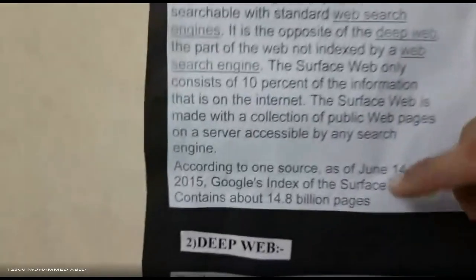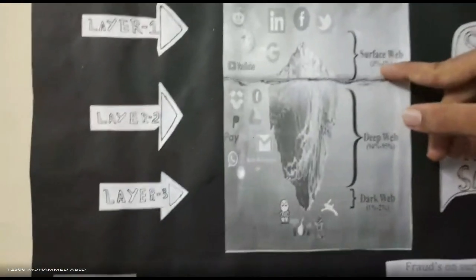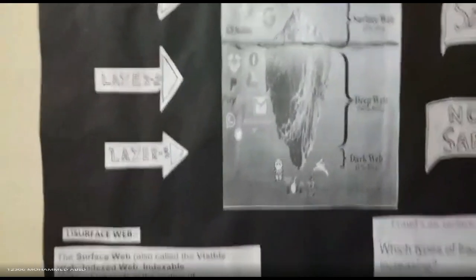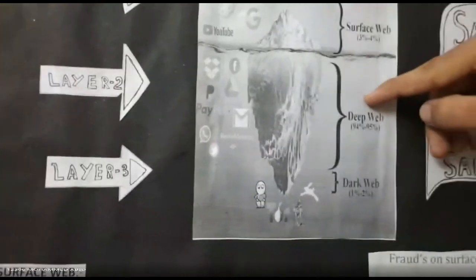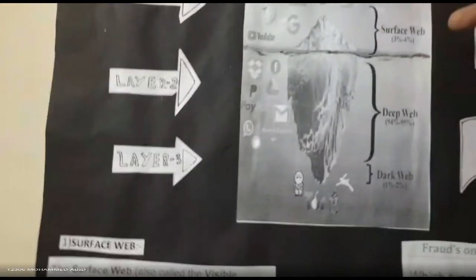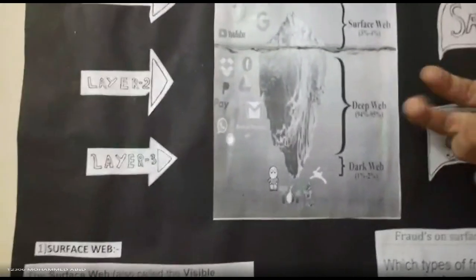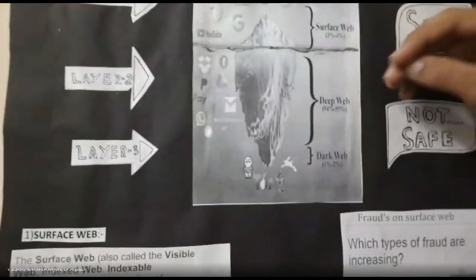From the ratio, it has been said that about 14.8 billion pages exist on the surface web. So you can get the idea of how big the internet is, because this is only 3 to 4% of the internet. It's not the rest of the internet. Now the second layer comes, which is the deep web. The deep web covers 94 to 95% of the internet, and it is called the second layer, and from here the problem starts, because we don't have the correct information, and out of curiosity we just visit new things.